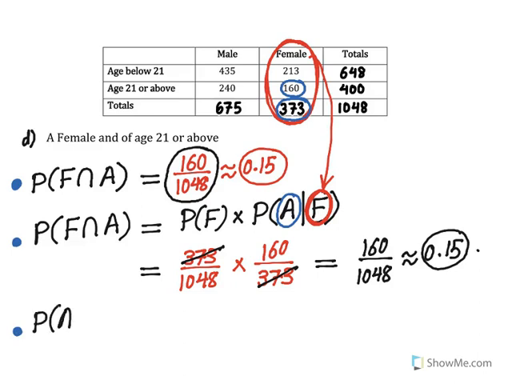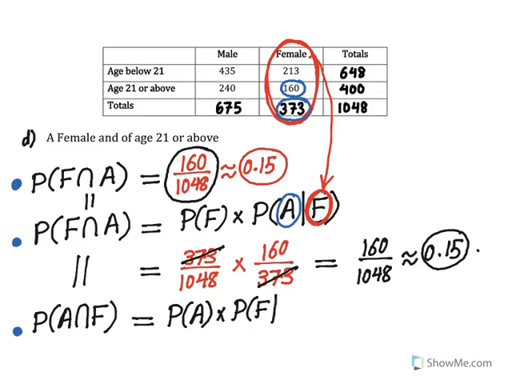of above and female, above 21 and female. This is the same, of course, as this. When you do "and", it doesn't matter which one you put first. So this is the probability of age above 21 times the probability of female given that the age is above 21. And so here, let's first erase the stuff